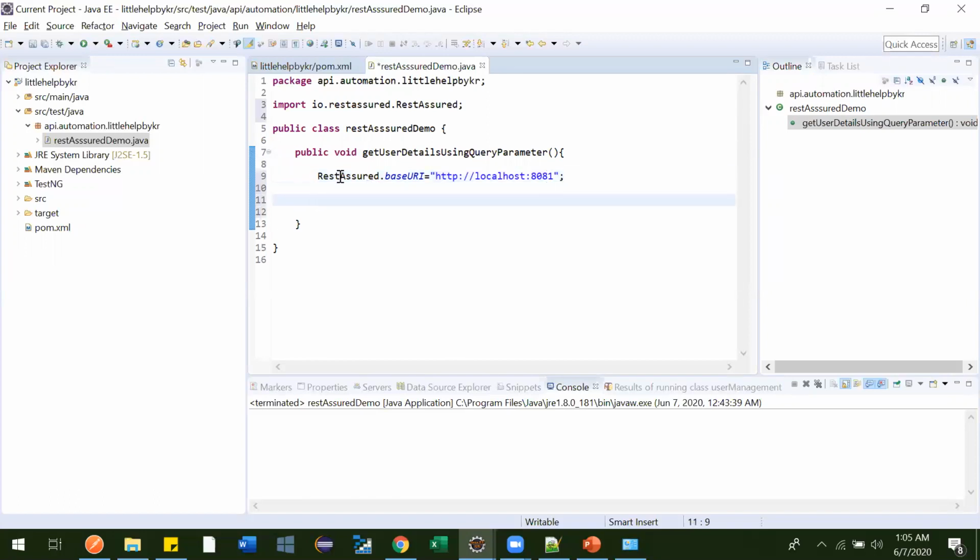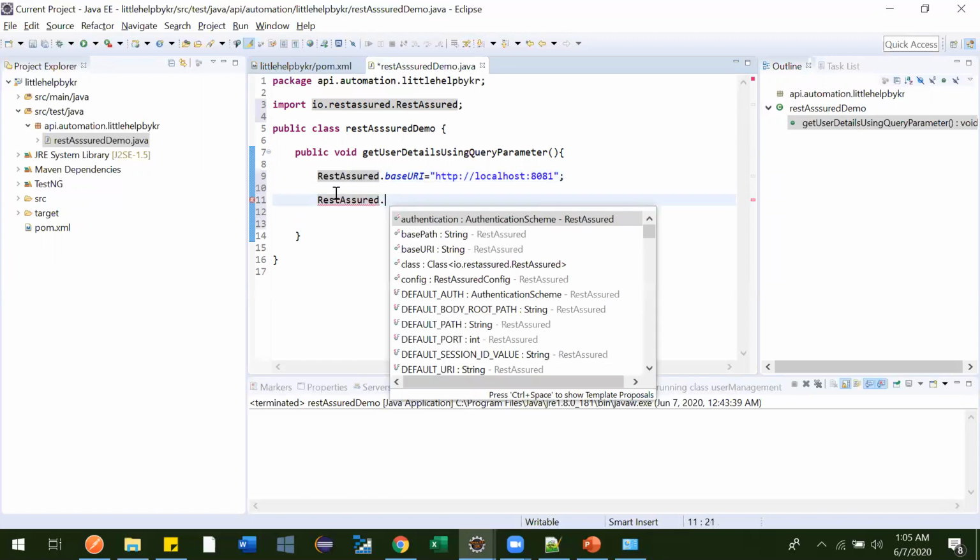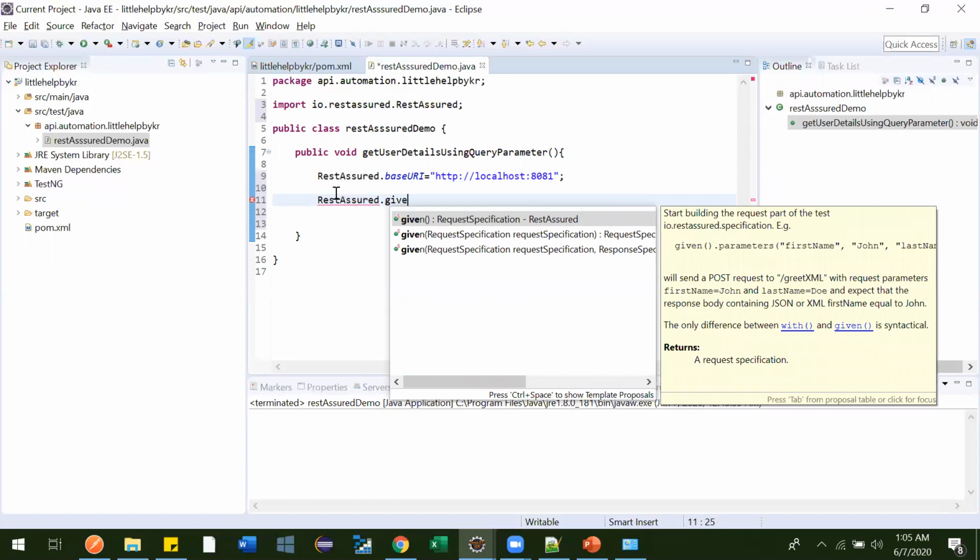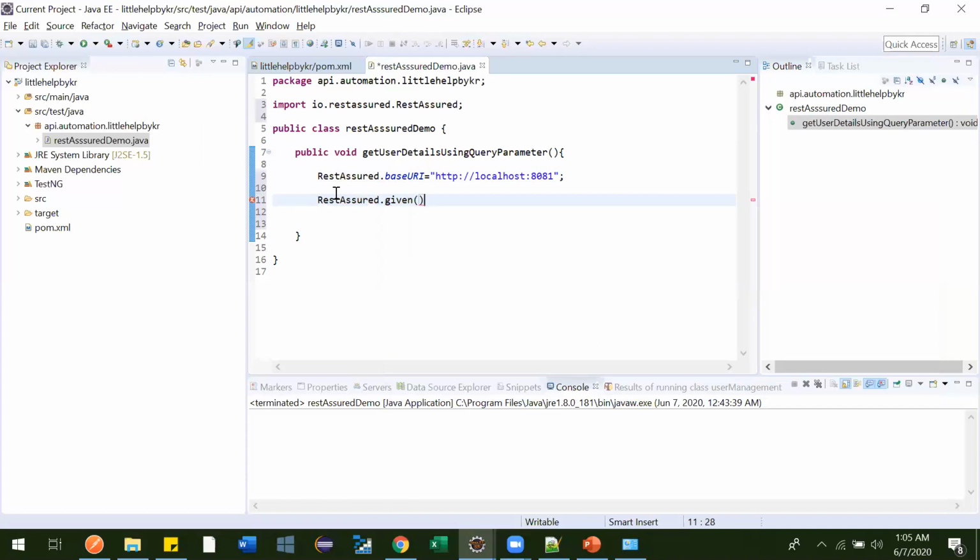Now we just copy this RestAssured. Under RestAssured we have the given method. In this method, whatever is required to perform the operation goes in. Some APIs need some information, and we need to give that information under the given section.